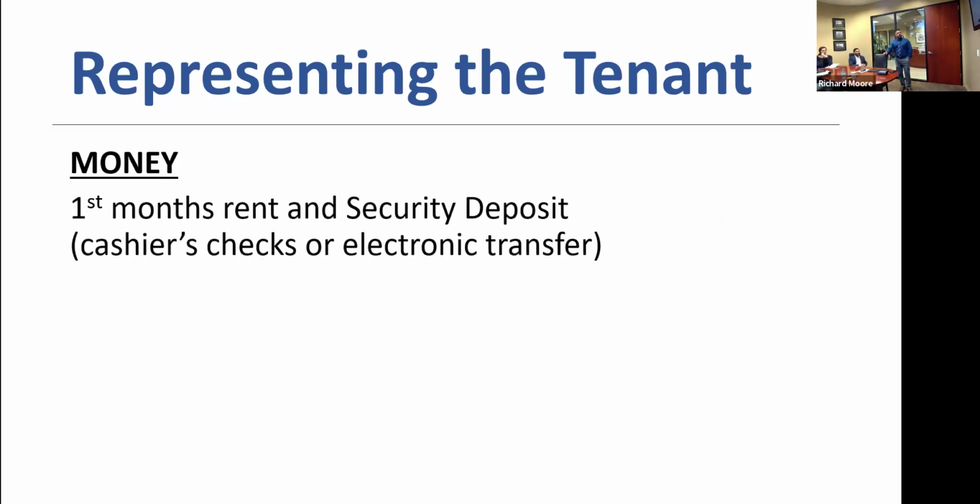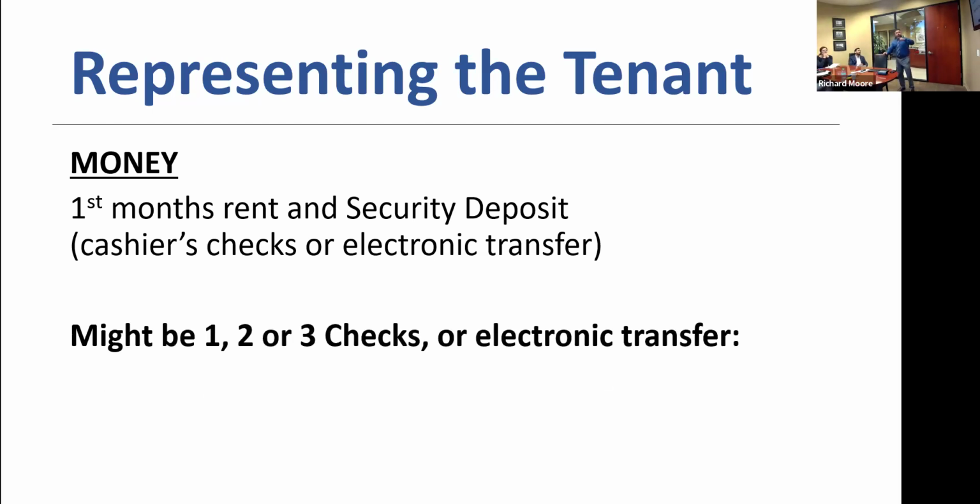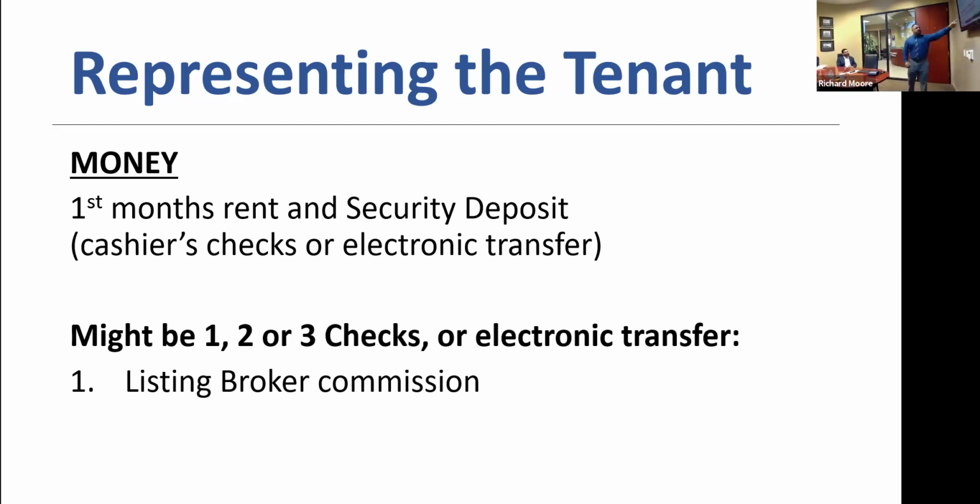Now money. First month's rent, security deposit, cashier's checks, or electronic deposit transfer. Sometimes the landlord will accept personal checks. And it might be 1, 2, or 3 checks or electronic transfer. So one check might go to the listing broker's commission. Here's what happens. Let's say the moving cost is $5,000 for the first month and then $5,000 deposit. Out of the total $10,000 moving, you're gonna deduct $1,500 commission and write a check for $1,500 for the listing